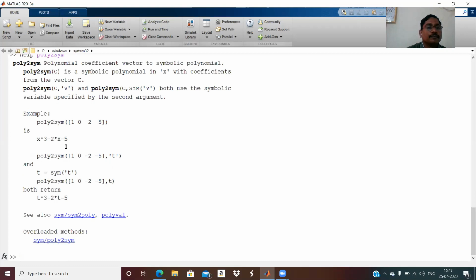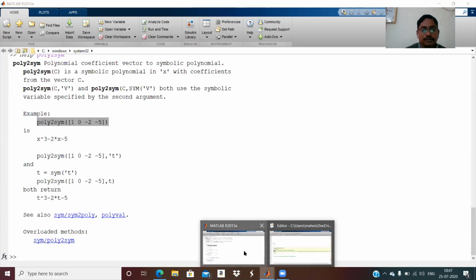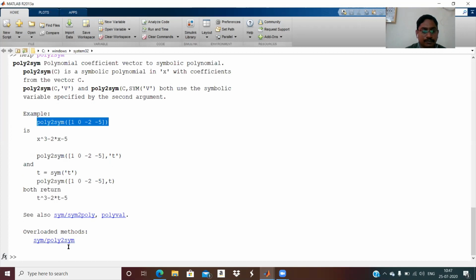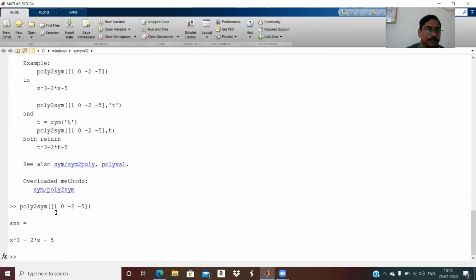Okay, here it is. This is x cube. It is written in poly2sym, which means it is not a characteristic polynomial. See here x cube, you have to provide the coefficients there.